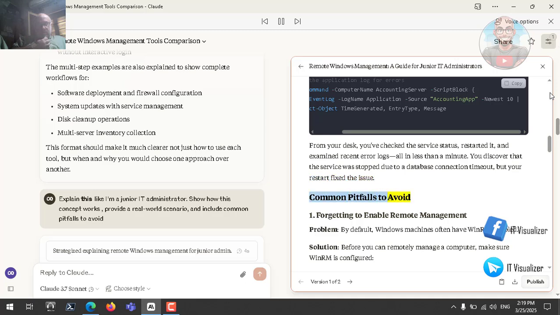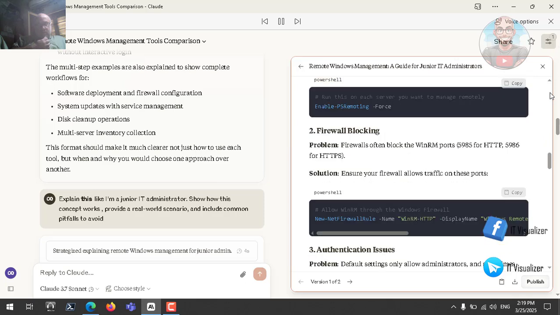Common pitfalls to avoid. 1. Forgetting to enable remote management. Problem: by default, Windows machines often have WinRM disabled. Solution: before you can remotely manage a computer, make sure WinRM is configured. PowerShell. # Run this on each server you want to manage remotely: Enable-PSRemoting -Force